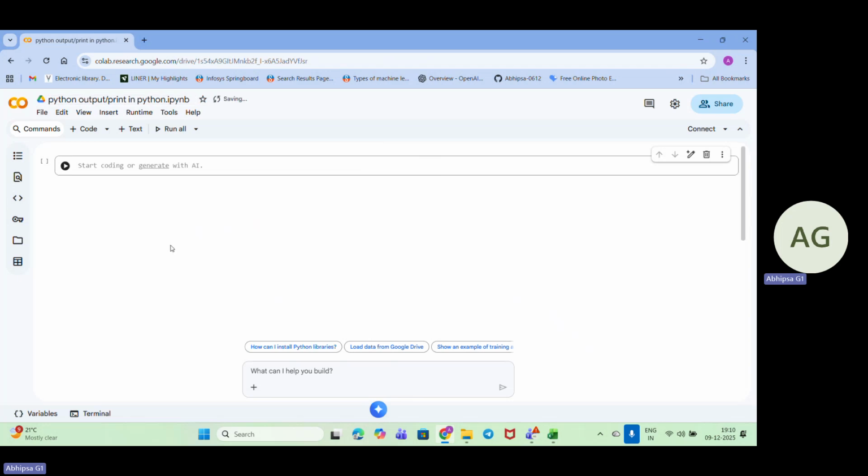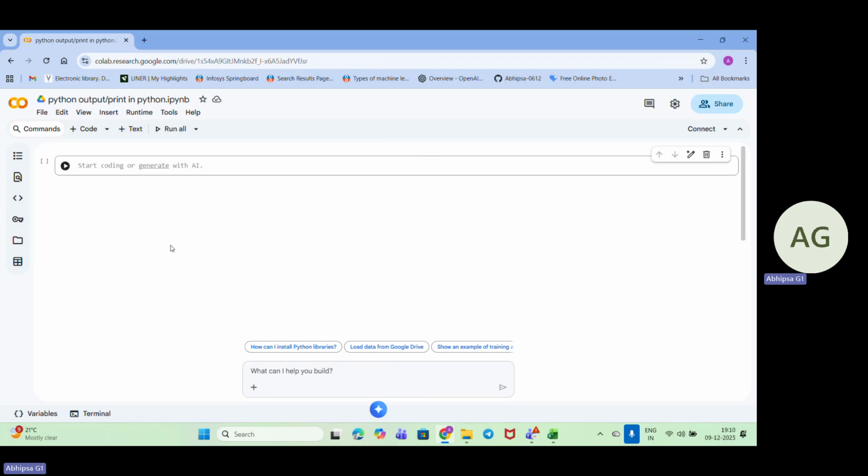So what is this output? Output means whatever Python shows on the screen. Like when we are talking to someone, we ask a question and in return the person gives an answer.